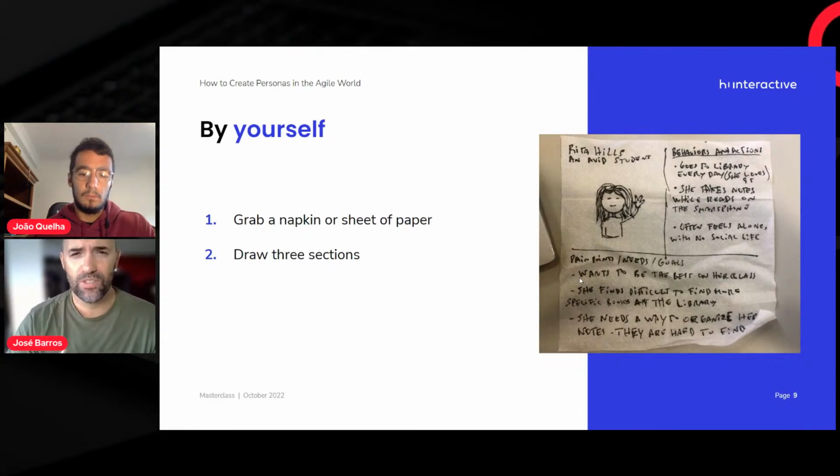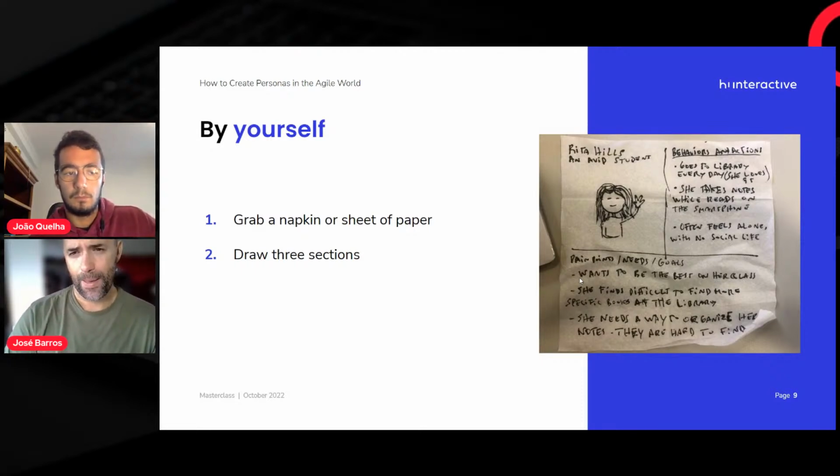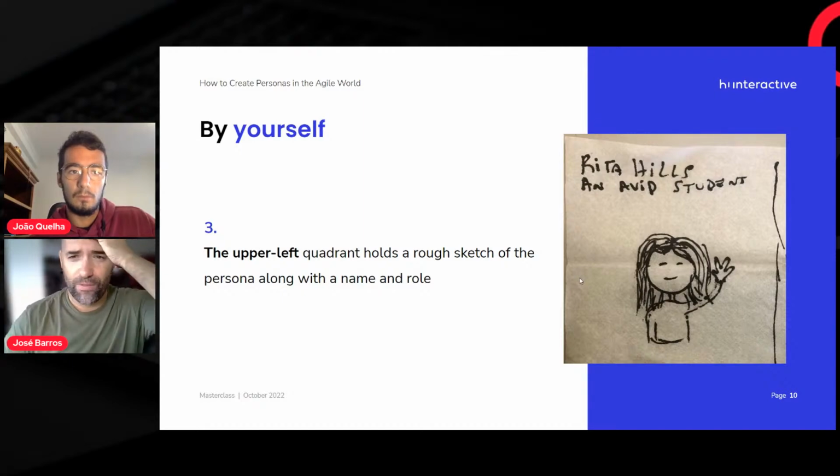We can do this many ways, but it depends on your way of organizing the information. In this way, we divide it in three parts. The first part, which is the upper left quadrant, holds a sketch of the person, and you have the name and the role. As you can see here, you have Rita Hills,